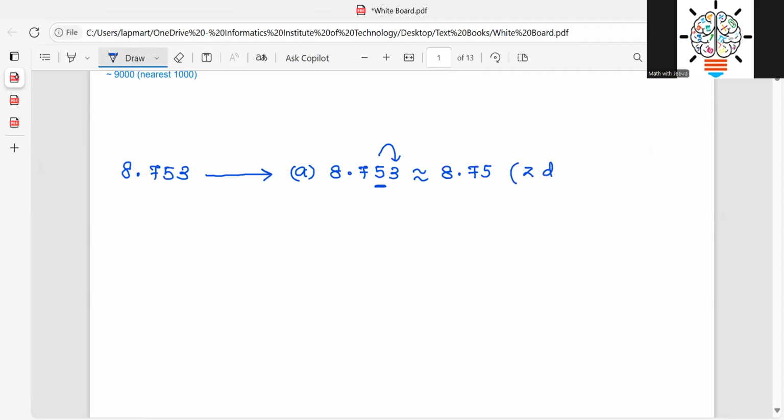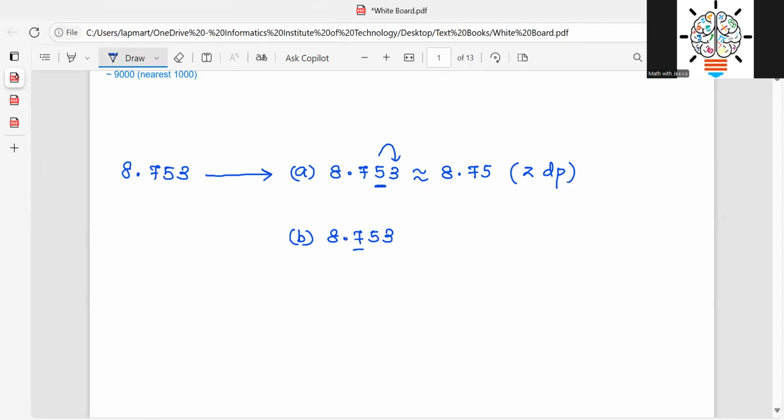and keep this in your mind. You want to show this 2DP. What does this mean? 2 decimal places. So this 8.753 is approximately equal to 8.75 if I correct it to second decimal place. And then I'll move to the next one. The same number I have